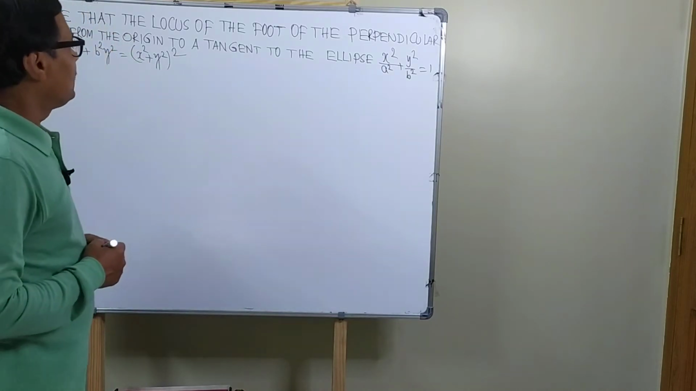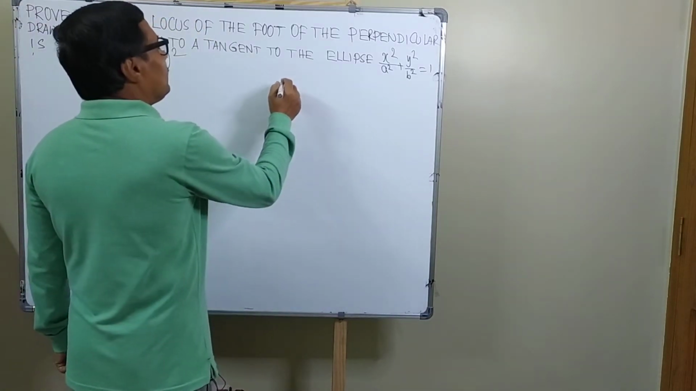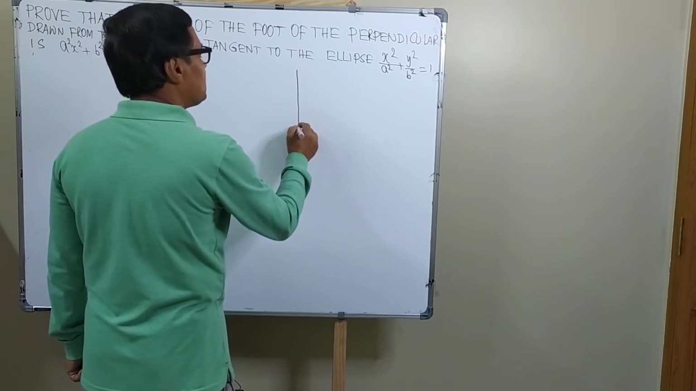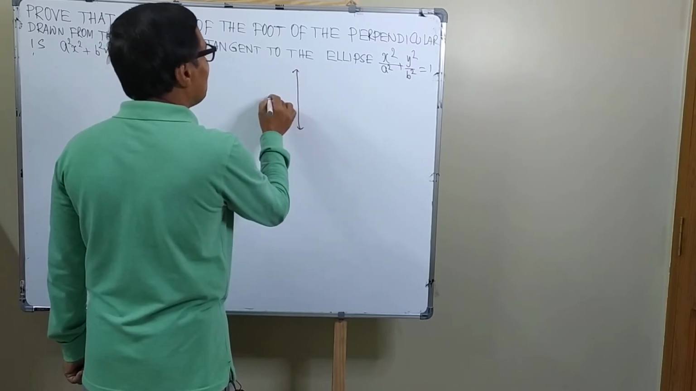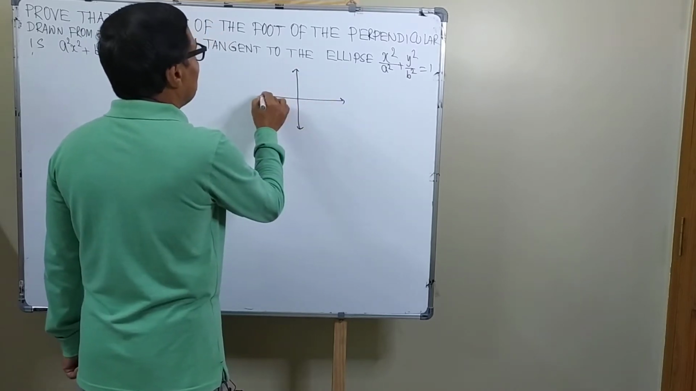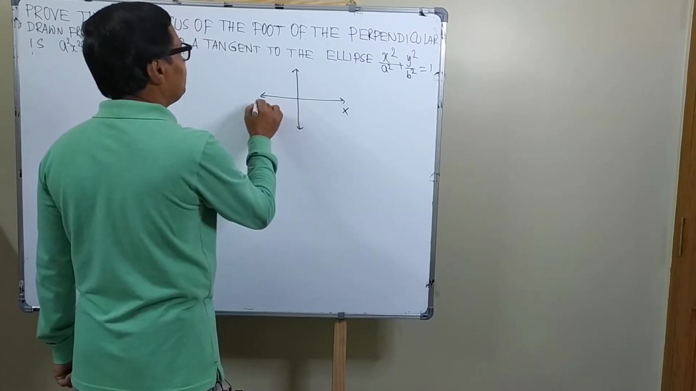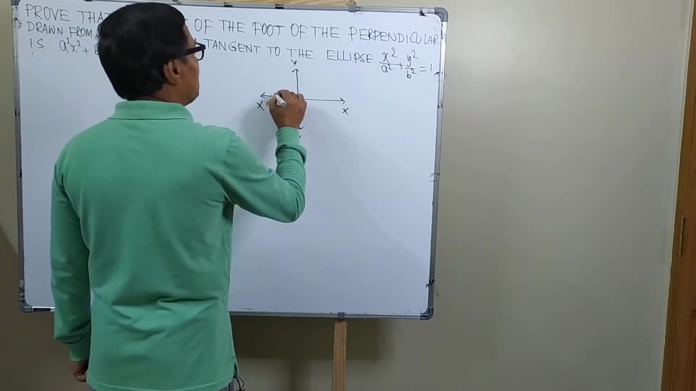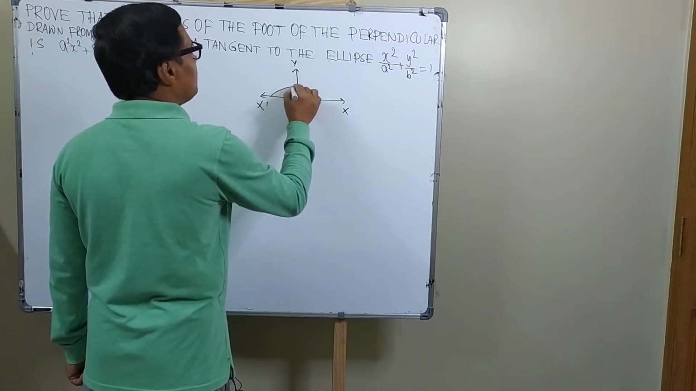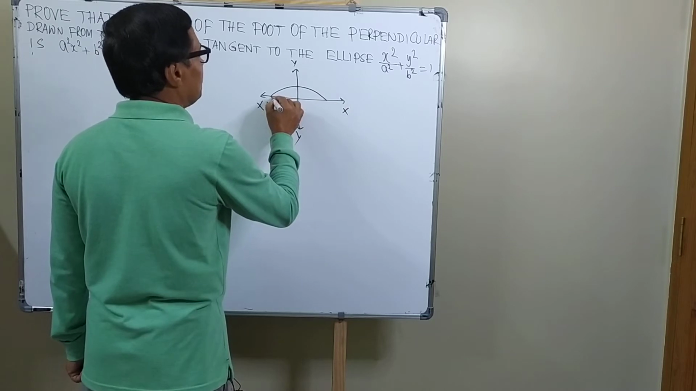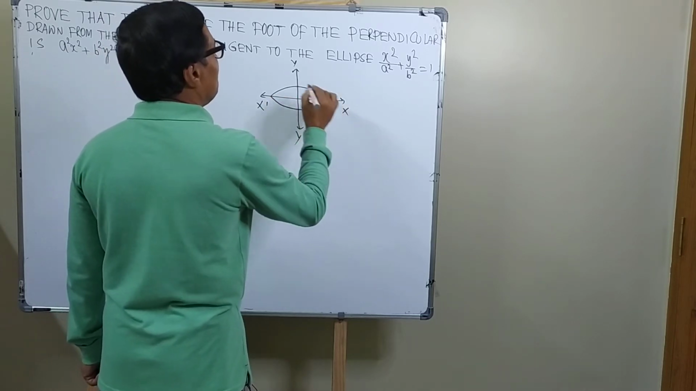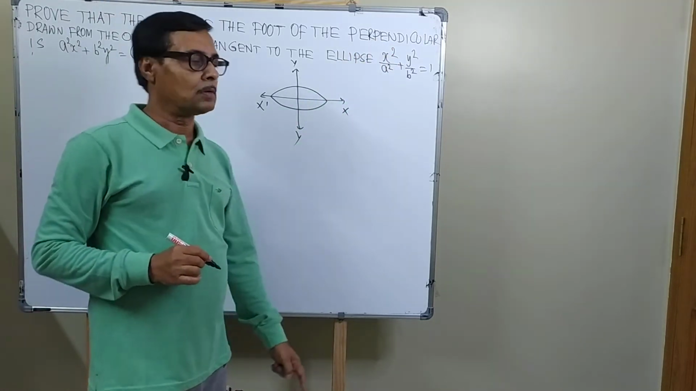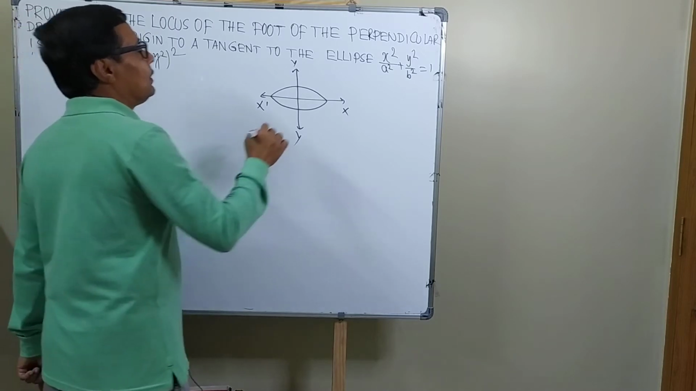Now at first we draw the diagram. These are two axes. This is x axis, this is y axis, and this is the ellipse. This is the ellipse whose equation is given as this: x square over a square plus y square over b square equal to 1, and